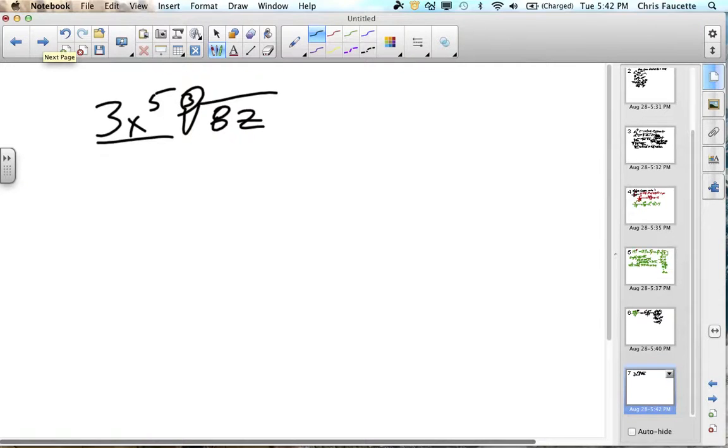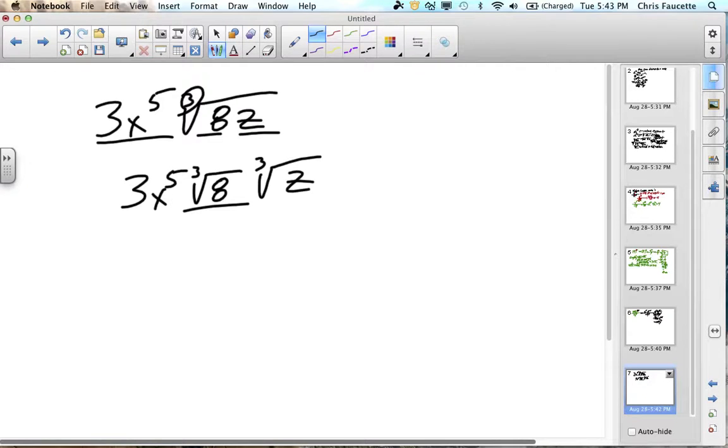This guy does not have anything in there, so we're going to leave it the way he is. If I'm going to rewrite this, the first thing, I've got 2 multiplications, so I'm going to use my radical rule and break them up. Cube root of 8 times the cube root of z. See, cube root of 8 is 2. So I'm going to bring that out. I'll end up with 3 times 2,